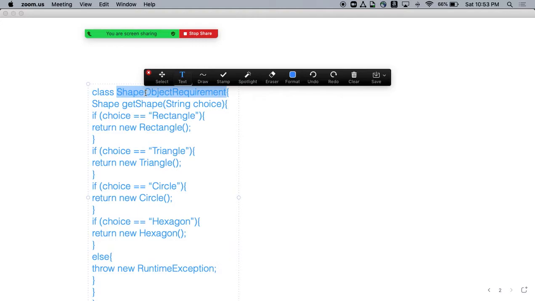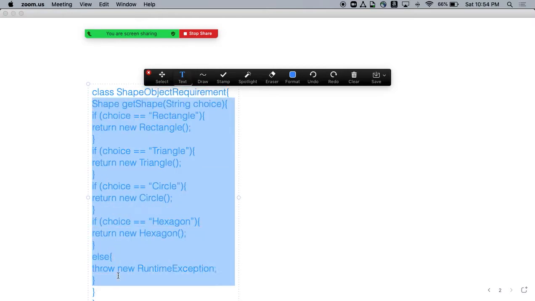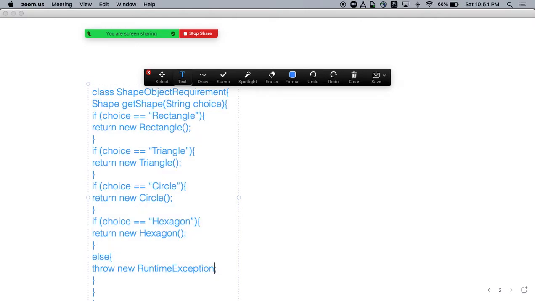So look, there are two problems. There are more than two, but let's talk about two problems. First is that now the caller will have to keep track of all the objects. It will have to know all these things, right? And who is this? This is the caller. So this is a major problem here.